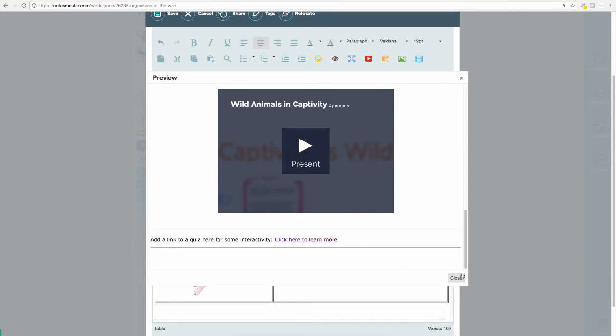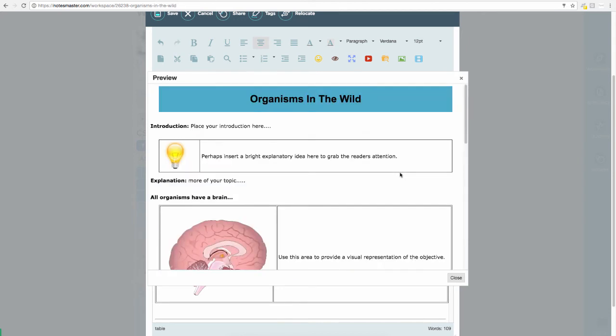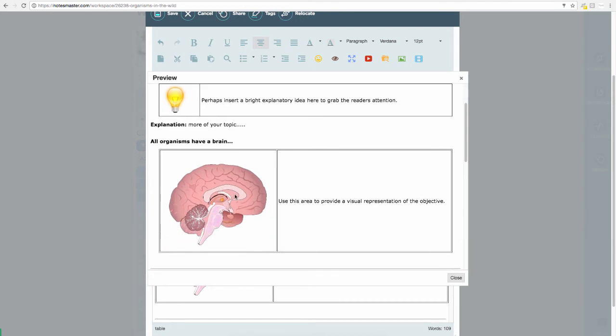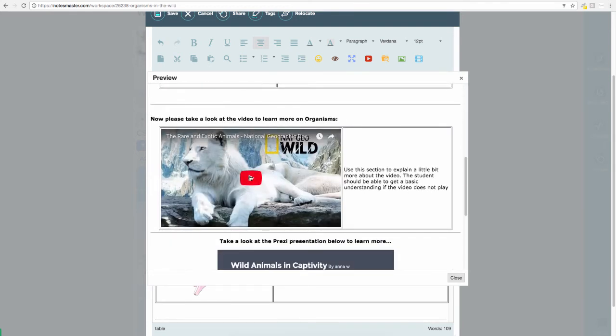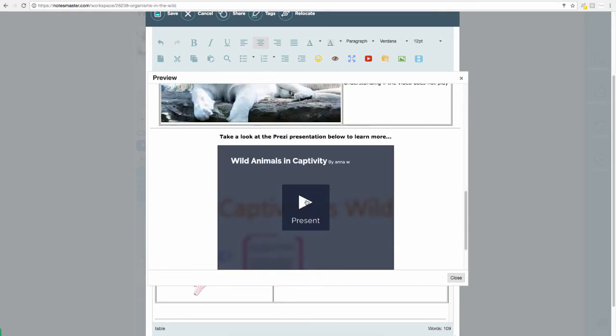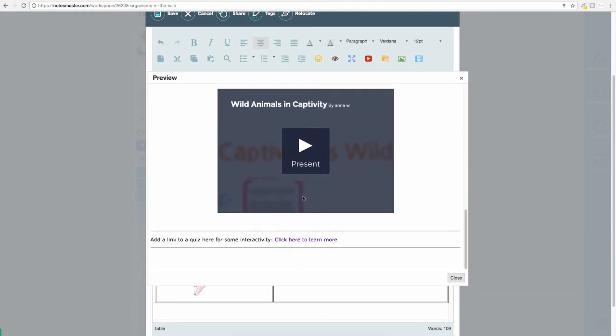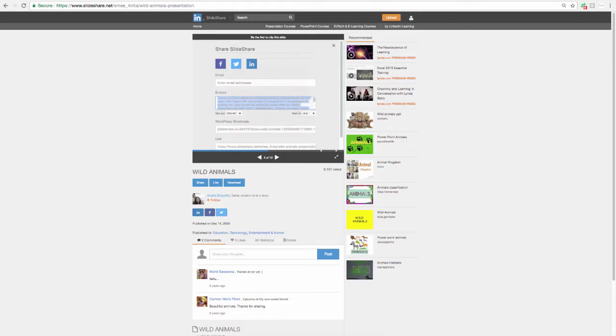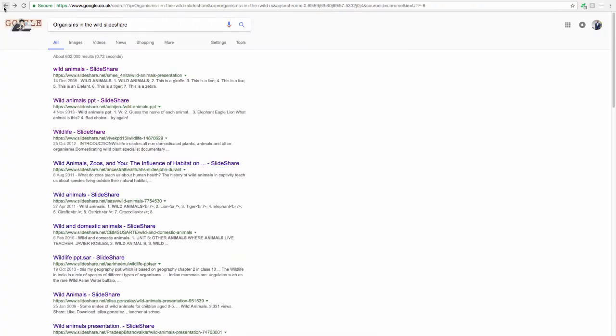quiz for some interactivity. So why do we need that? Well, it's not essential, but it provides the learner with that final component. So as a student or a learner or even a teacher, I've come here and I've read something, I've seen something, I've watched and heard something, and I've perhaps interacted with something. So what I would like to do is perhaps test myself now, a little quiz, a little activity, test my knowledge. So what we would do, if we went back to our Google document here,